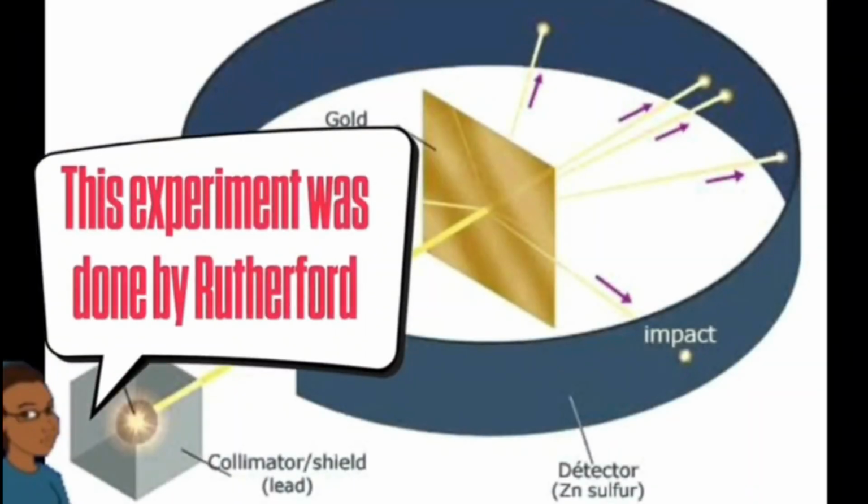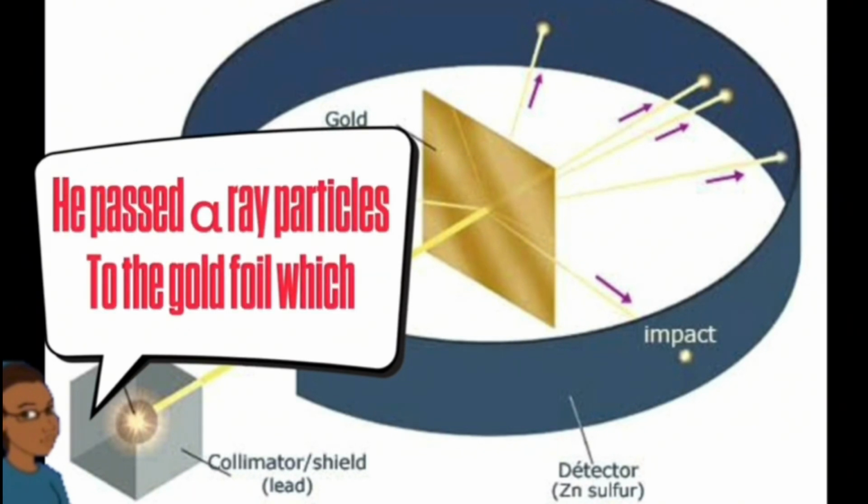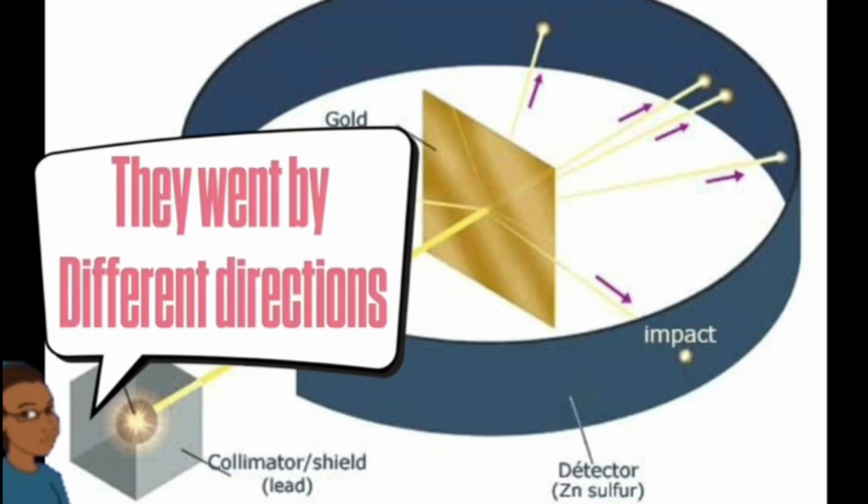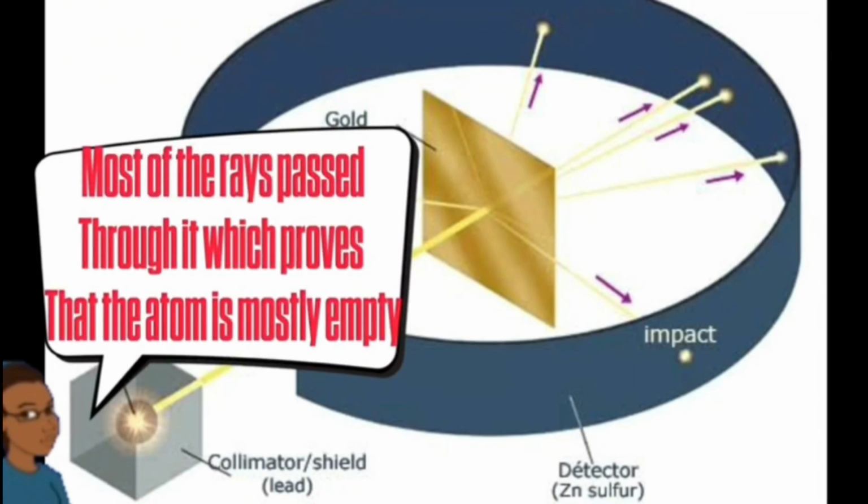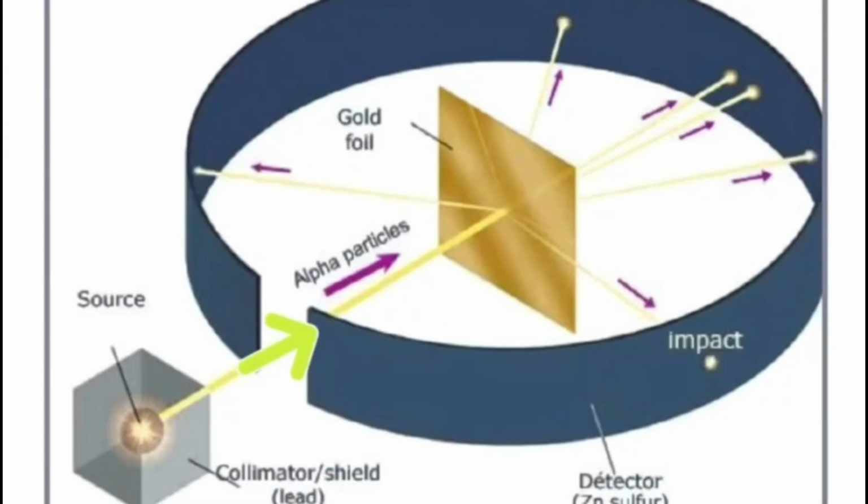Number 5. Rutherford gold foil experiment, 1911. The experiment was done by Rutherford. He passed alpha particles to the gold foil, which went in different directions. Most of the rays passed through it, which proves that the atom is